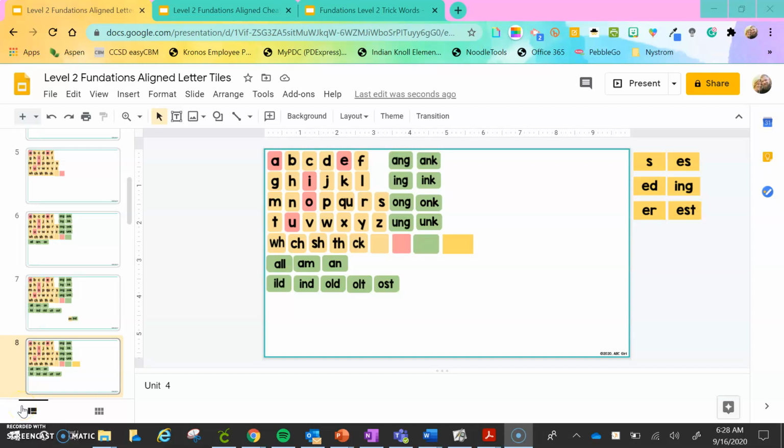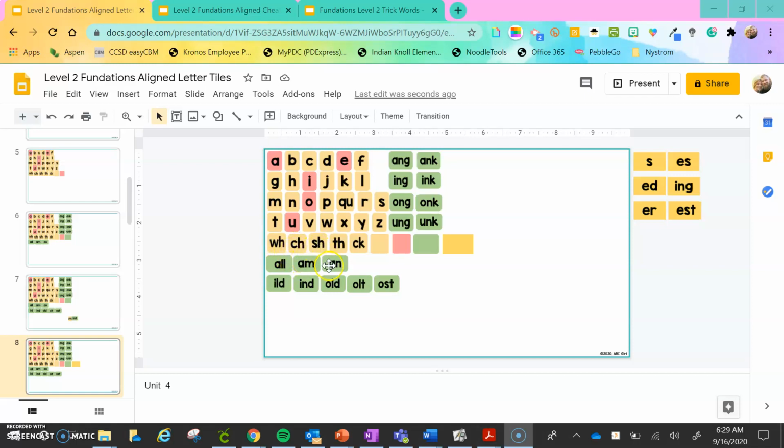All right, so we are on day 3 of Fundations for this week. So we're going to start by going over our vowel sounds, our digraphs, and our glued sounds. All right, we have A, apple, A, E, ed, I, itch, O, octopus, U, up, WH, whistle, CH, chin, cha,